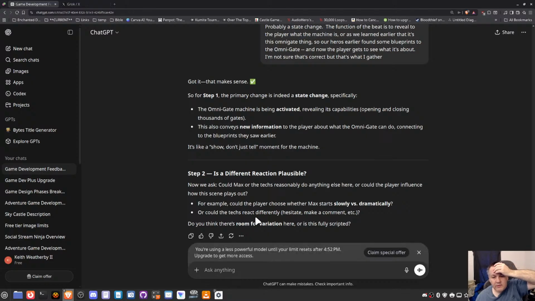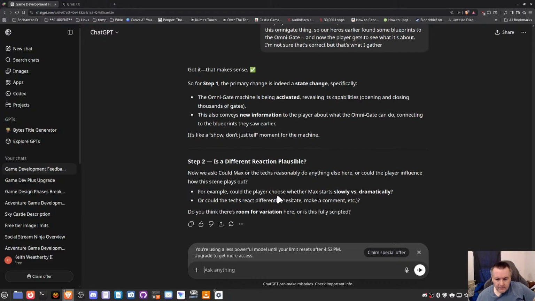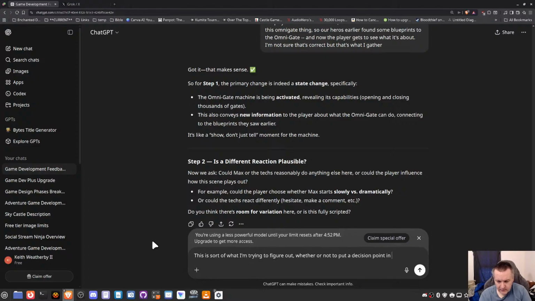Information to the player about this house. For example, could the player choose whether Max starts slow or dramatic? This is sort of what I'm trying to figure out, whether or not to put a decision in.